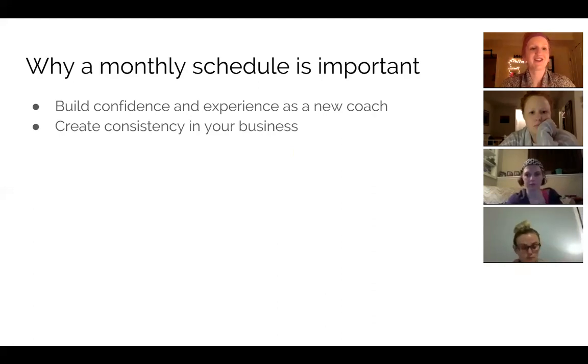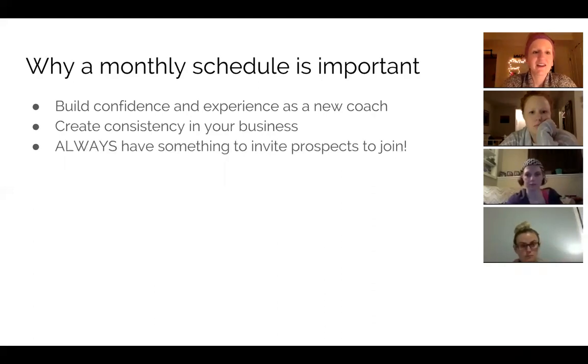monthly and daily actions. And then what's cool about laying out your month is that you're always going to have something to invite people to, whether that is an upcoming challenge group, a free group, a coach preview. You're always going to have something. So this is where I struggle with the invite every day, because sometimes I'm like, well, my challenge group isn't until the end of the month. Like, should I start inviting? It's kind of awkward. So when you have a system, you can always be inviting, and you can always be drawing people into your network,